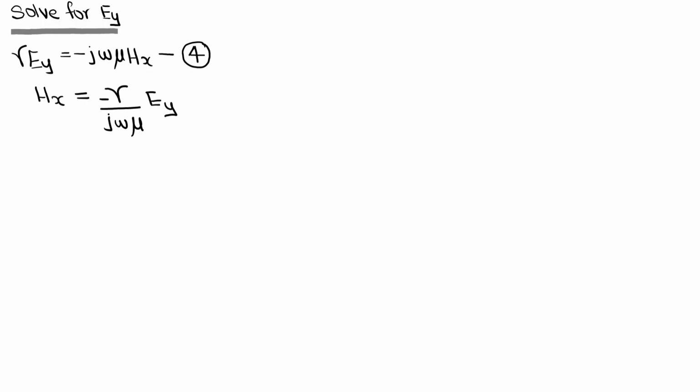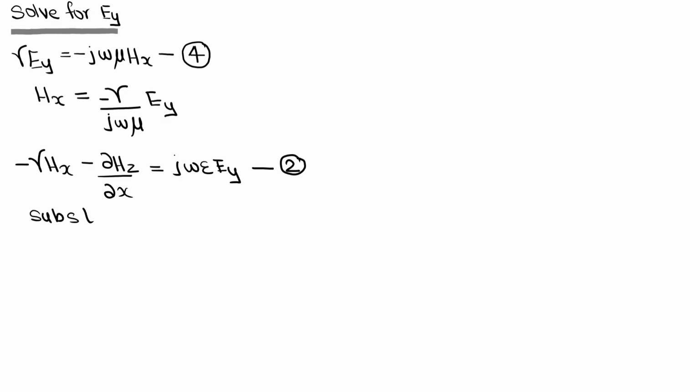Now we consider the next equation, that is equation number 2, minus gamma Hx minus dou Hz upon dou x equal to j omega epsilon Ey. To solve Ey, we consider this equation because it contains the dou Hz upon dou x and Ey depends on the field component Hz. Now substituting Hx in equation number 2,